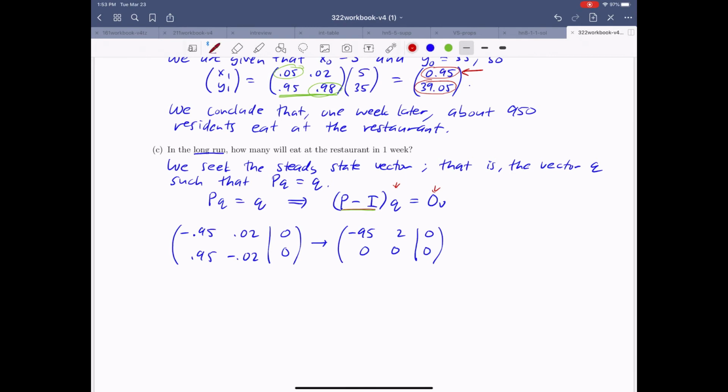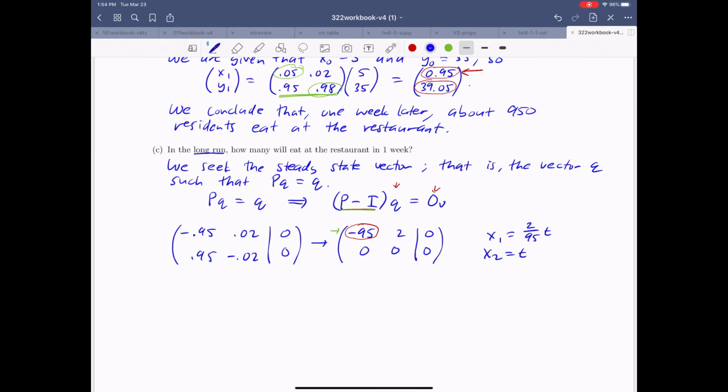So you might notice that there's a free variable in this system. We've got one pivot position, right here with that minus 95, and the free variable looks to be x2. So how about if we let that be t? Then if we go back to our first equation up here, substitute in t for x2 and solve it for x1. I'll leave it to you to double check my algebra. What you should end up with is 2/95 t. That's just plugging in t for x2 and solving for x1.